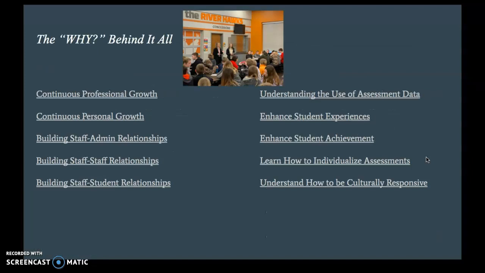And then lastly, the why behind it all. So there's going to be a lot of work on this stuff. I know it sounds like a lot, but we're going to grow professionally and personally throughout this time. We're going to be building relationships through all these conversations and discussions we have. We're going to gain a lot of knowledge and understanding of assessment data and just how to create really good